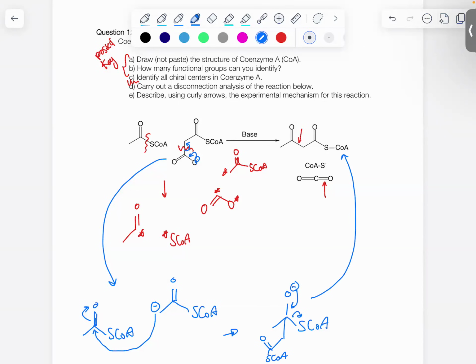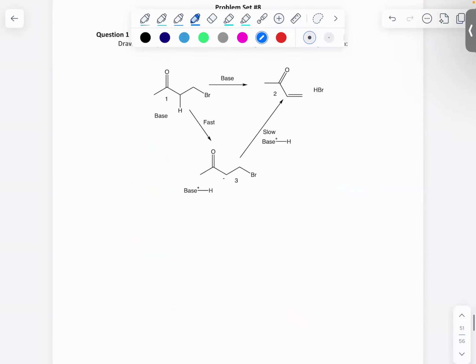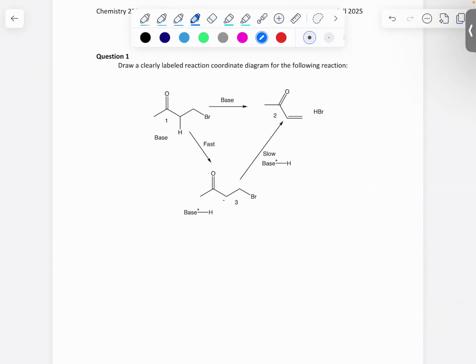Okay, last homework assignment here is homework 8. So our first step is going to be drawing a reaction coordinate diagram. Now, remember that these are related to energy and enzymes, because enzymes take what would be a difficult reaction, and instead of having one big step, they use many small steps. And so our reaction coordinate should look